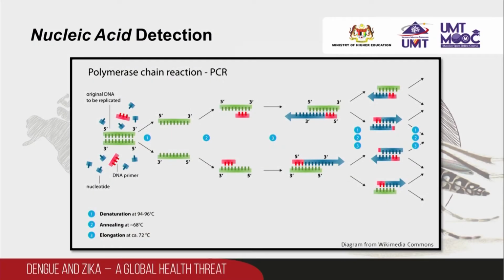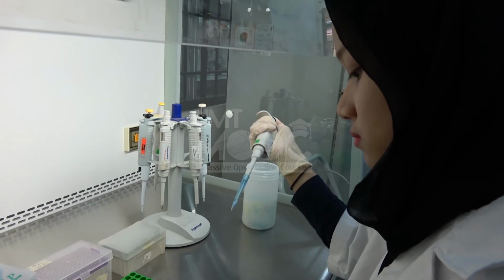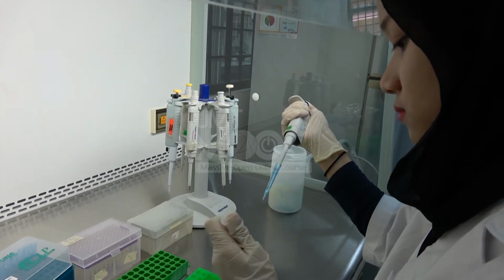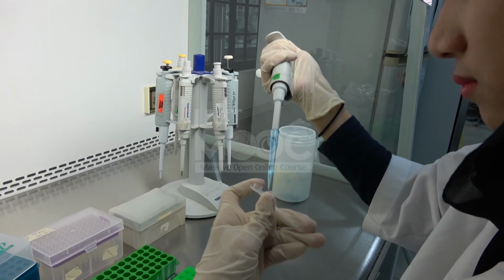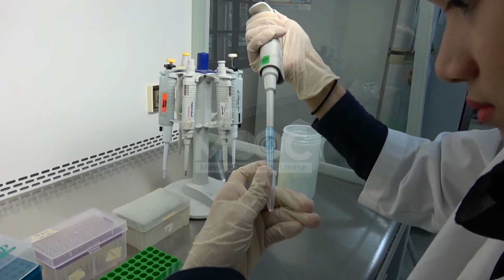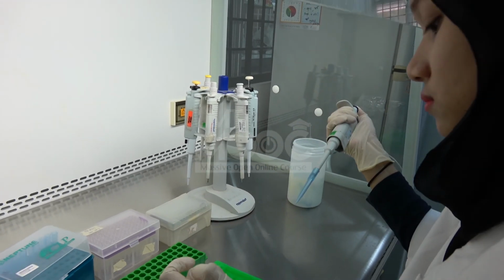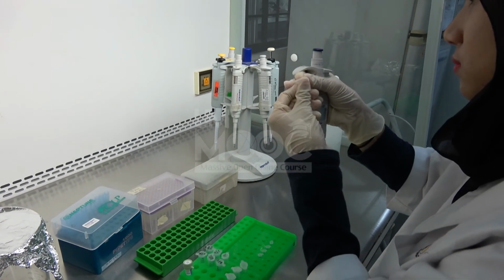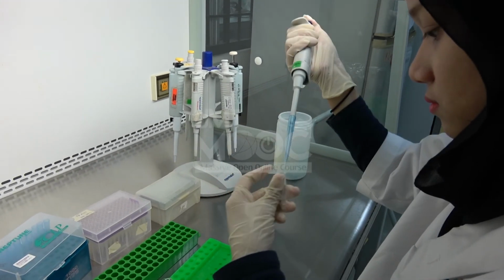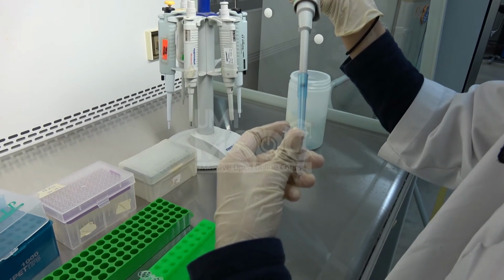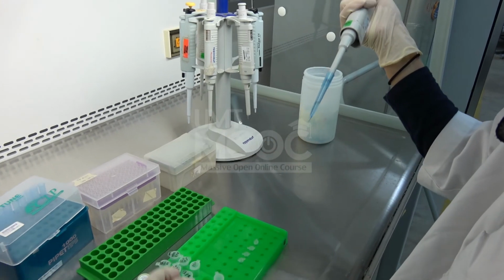Dengue and Zika virus can be detected in blood or serum from patients for approximately the first 5 days of symptoms through polymerase chain reaction or PCR. PCR is a technique used in the lab to make millions of copies of a particular section of DNA, and in this case, dengue and Zika nucleic acids. PCR was first developed in the 1980s. Currently, several PCR tests are employed to detect the viral genome in samples.